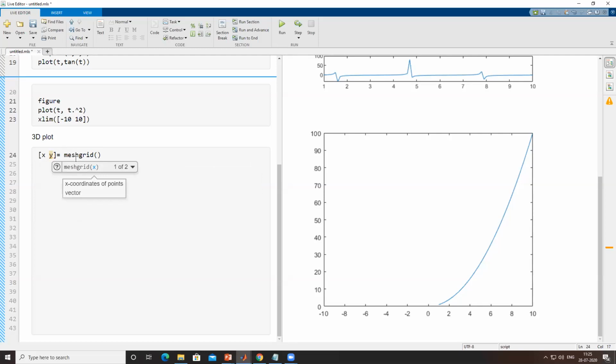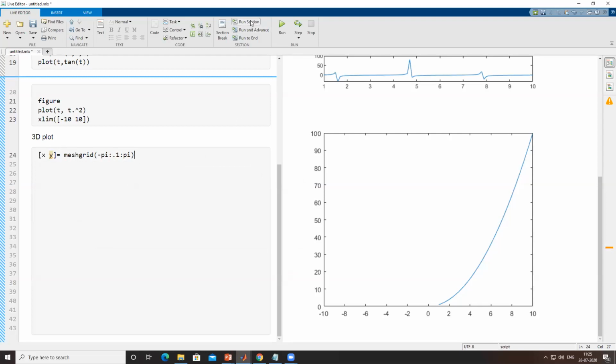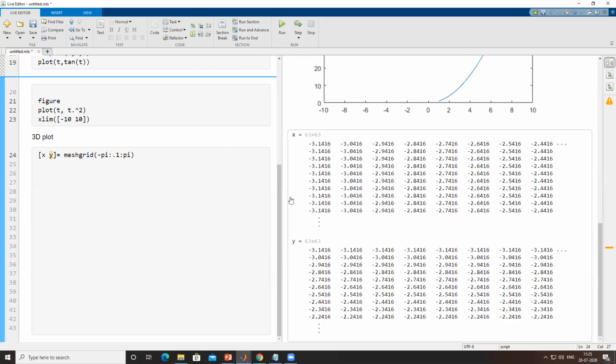Say I want to start from -pi, go with 0.1 interval, from minus pi to pi. Let me check this. Yeah, so it gives me a uniform grid distribution.